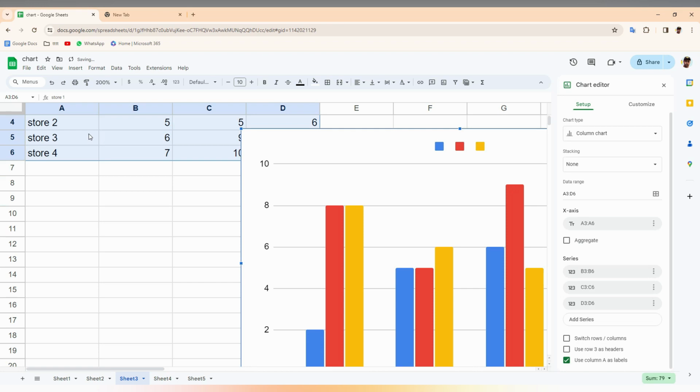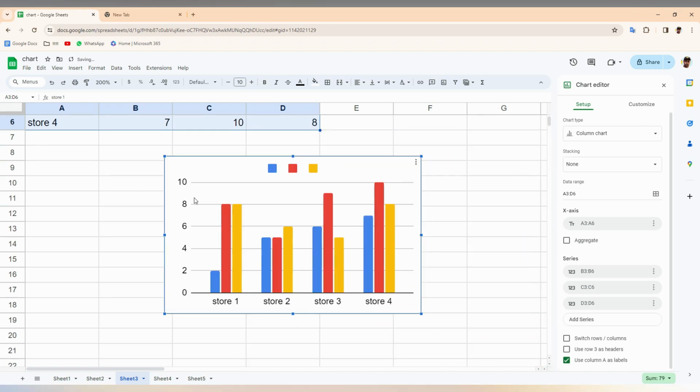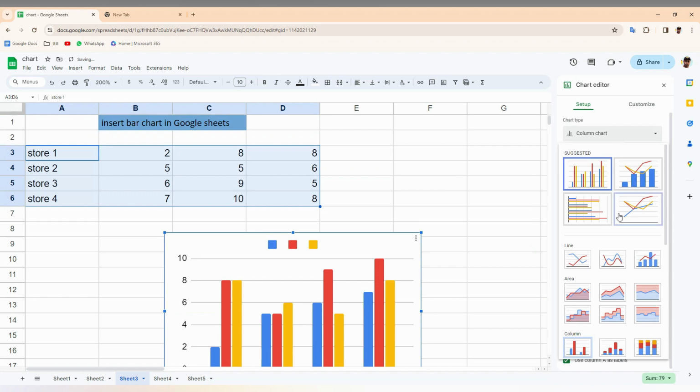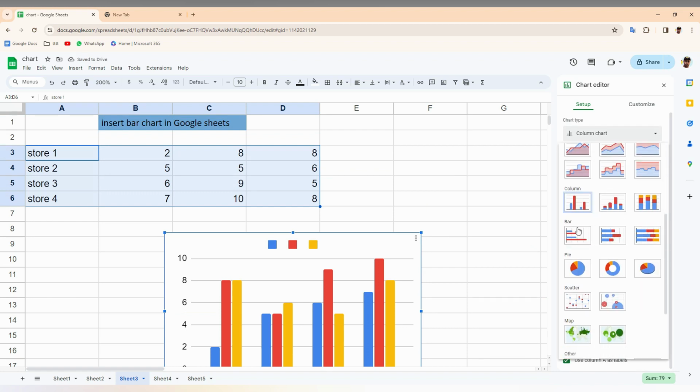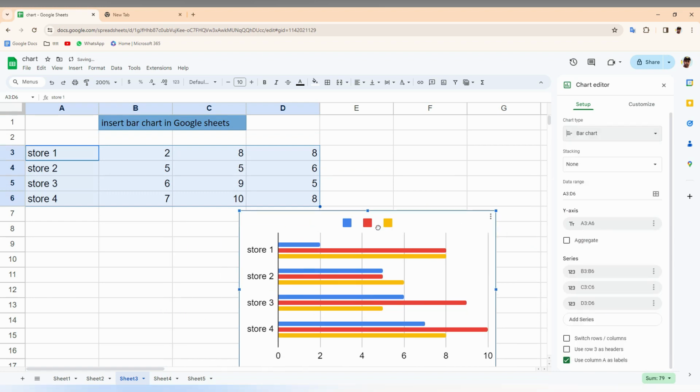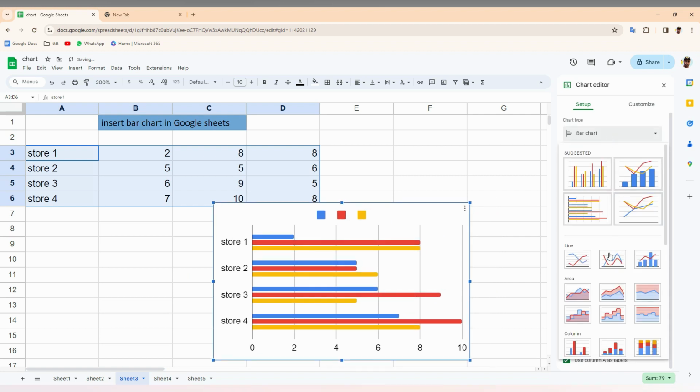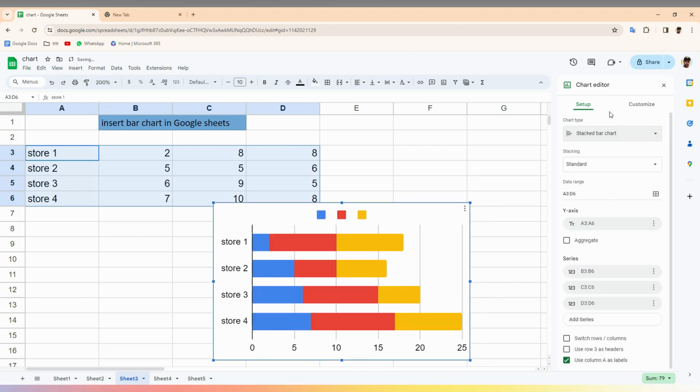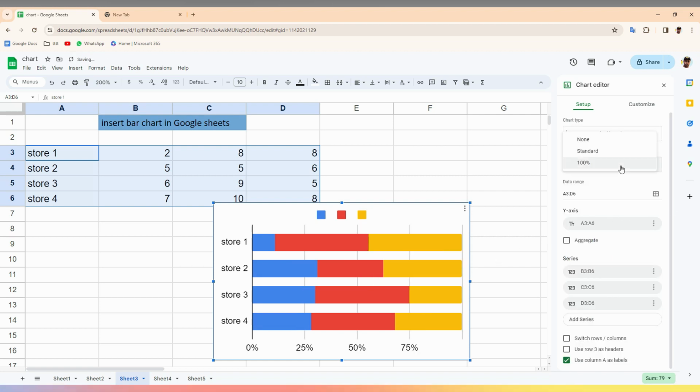After clicking on the chart option, you just need to change the type to the bar. You just scroll down, you will see the option here for bar. So you can have 3 different types of bar chart. This is the first one, this is another type, and this is the third type. You can just change to whichever chart you need, or you can change to stacked, or none, or